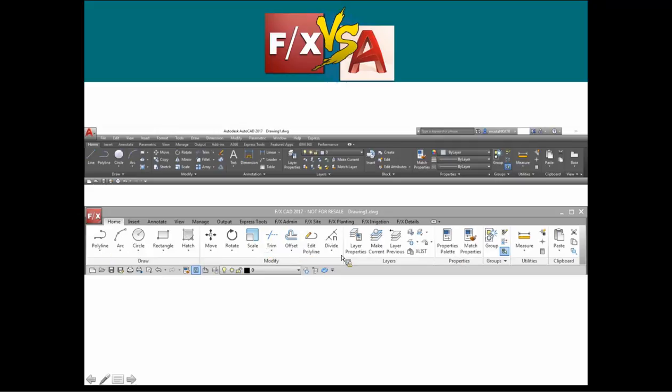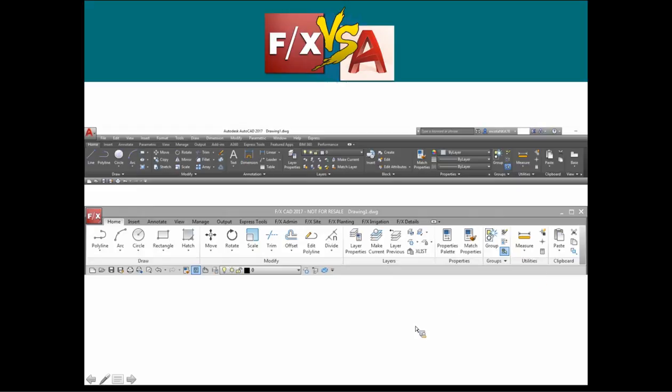We've also put important things like the layer drop down here into the quick access toolbar. I've got layer freeze, layer previous, I've got explode, layer properties. I've got all my real heavy usage things here in my quick access toolbar, and plenty of more room for you to customize this and add more. So you're not giving up the quote-unquote classic look. A lot of that classic look is still right here, but you're going to benefit from the coolness of the